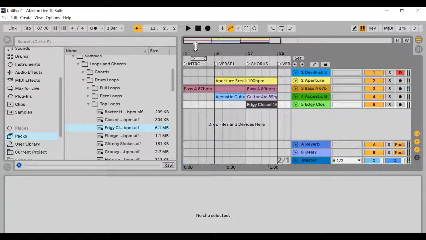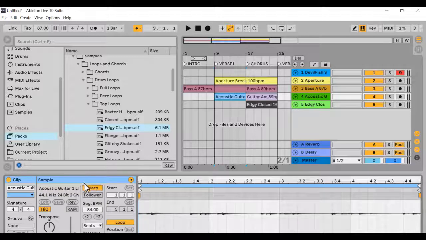So now we know that the song has started, but we notice also that it actually doesn't match because of one reason. This acoustic guitar, when I double click on it, it is not in the same key as the